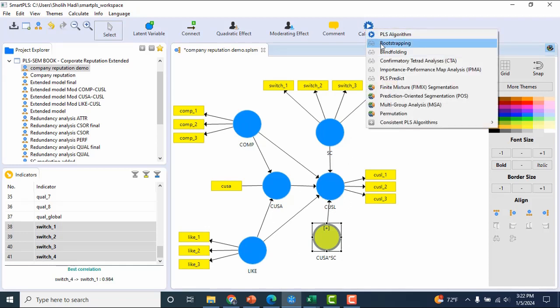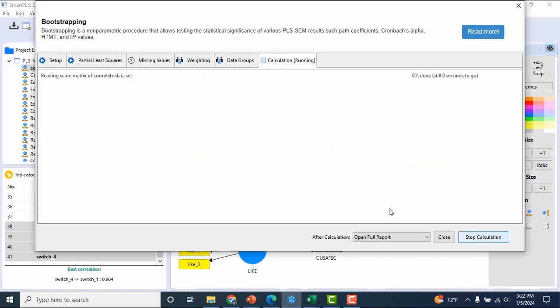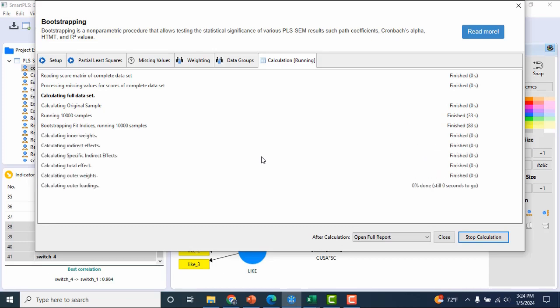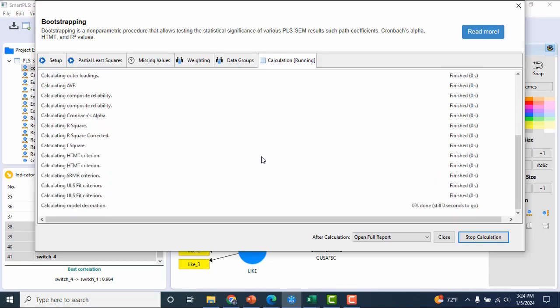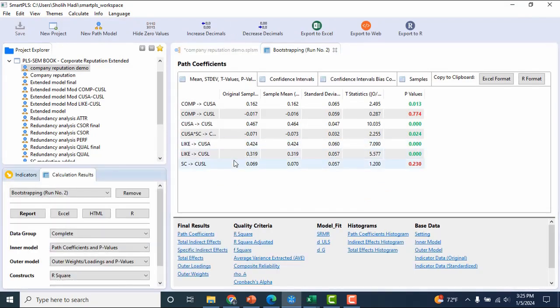Click calculate and bootstrapping, 10,000, and start calculation. Okay, we already have the result.